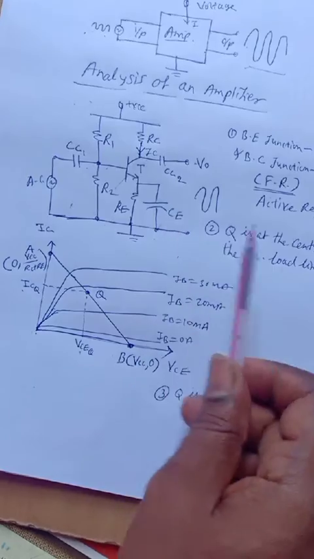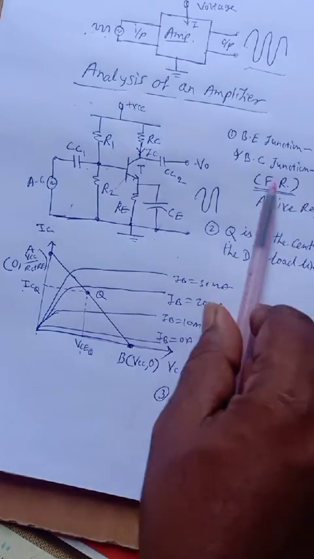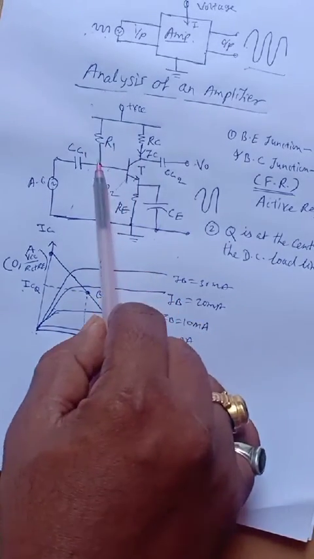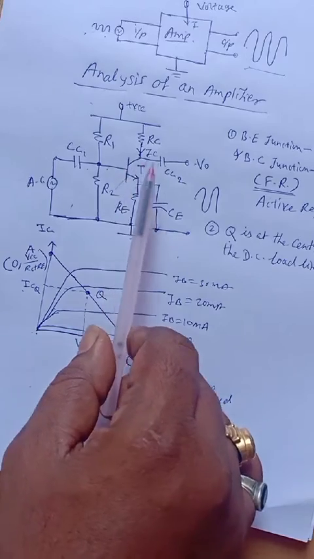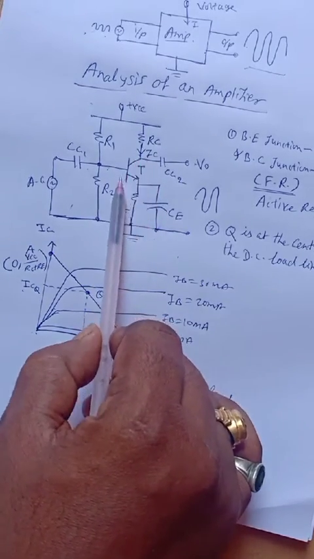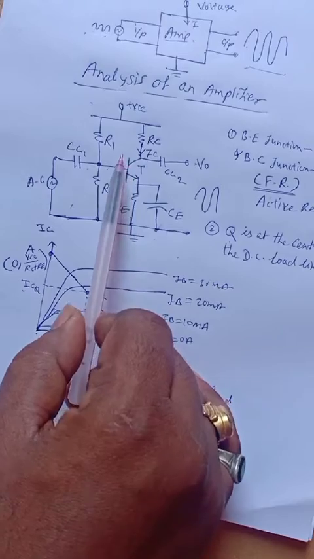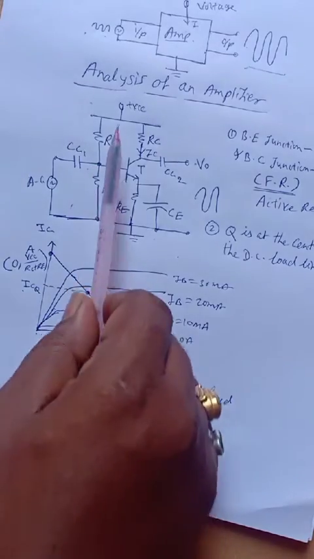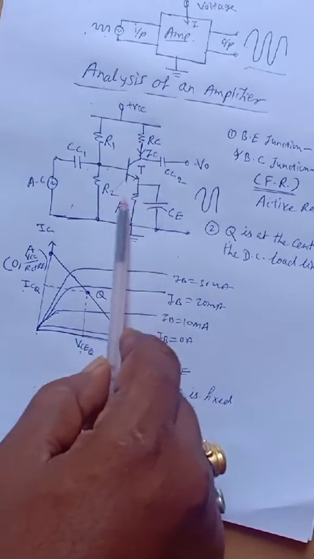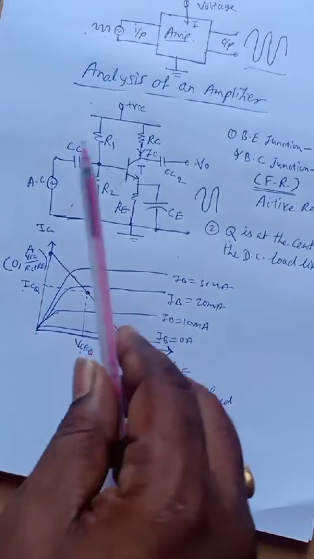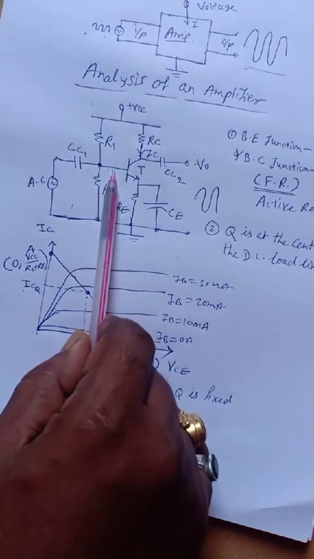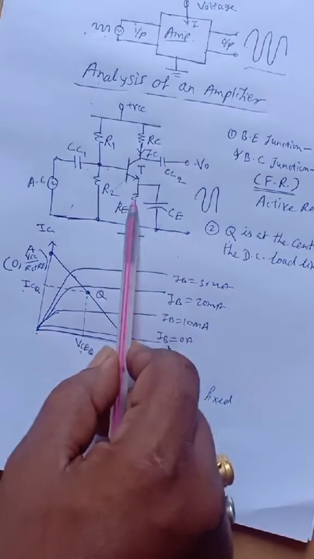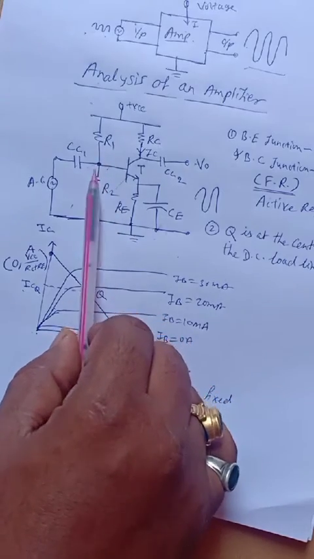Okay, so in this analysis we are going to discuss these 3 points, and also discuss the uses of these components. This transistor amplifies the current as well as voltage. The DC power supply is connected, and by using the current from it, the signal is amplified. Here R1 and R2 provide the base biasing, and this arrangement is known as potential divider arrangement. That's why we named this amplifier a potential divider bias amplifier.